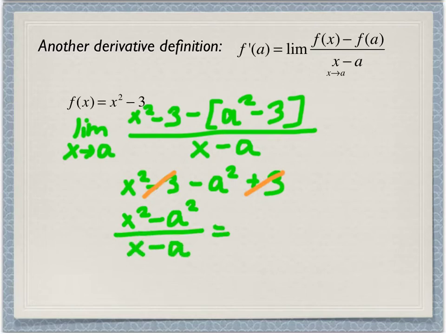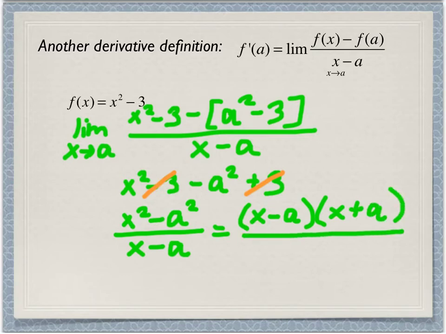Well, can I just cancel these guys out? It's an x here and an a there. No, don't do that because of that minus sign. What I can do though, and you may remember this from your algebra days, and we'll talk quite a bit about these algebraic techniques, notice my numerator is actually a difference of squares: x minus a times x plus a. Then I have my x minus a in the denominator. Now when I do this, I can cancel those out because they're multiplied and divided. And my final answer ends up to be